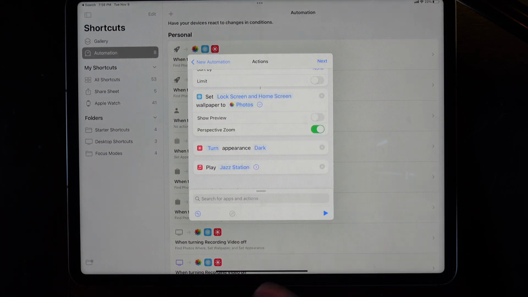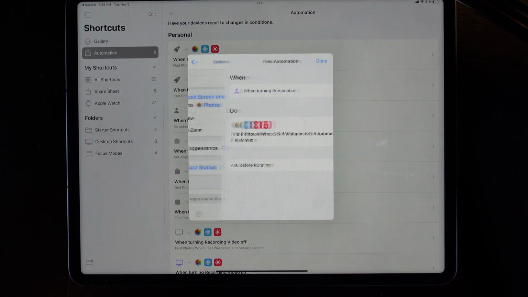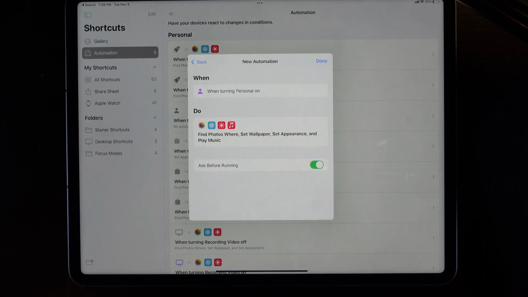And you can see right there, it's now gonna play jazz. And from there, basically you can do anything else you want for this focus mode, but I don't wanna get too complicated, so I'm gonna leave it at that. I'm going to hit next, and you can see when we turn personal on, it's going to find the photos,